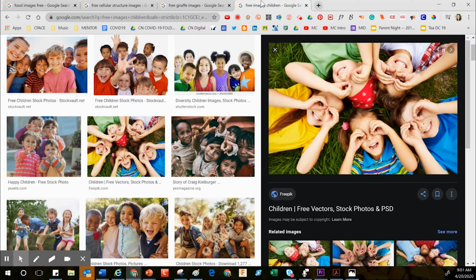Make sure that you come up to Settings, that you click on Advanced Search, inside Advanced Search, Free to modify,